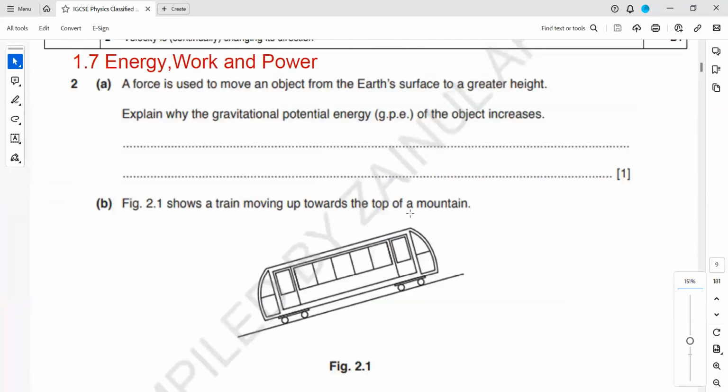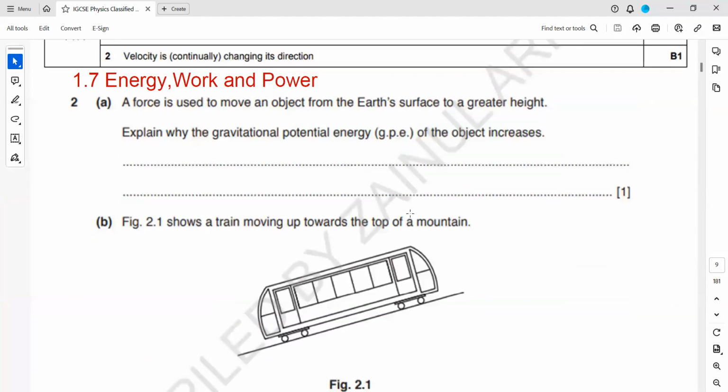This question is about work, energy, and power. A force is used to move an object from Earth's surface to a greater height. Explain why the gravitational potential energy of the object increases. Explanation: when we lift an object,